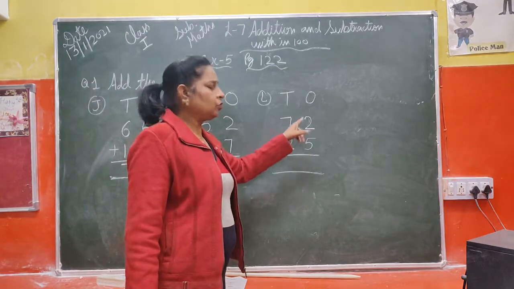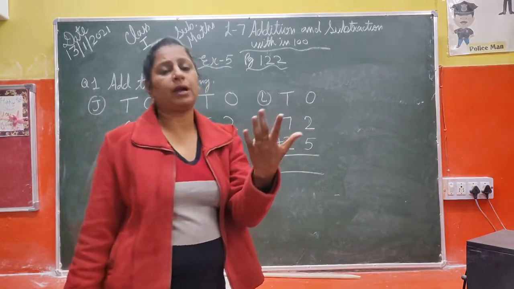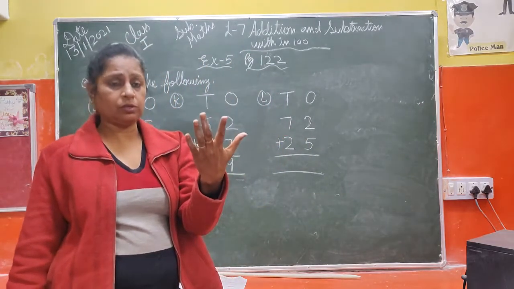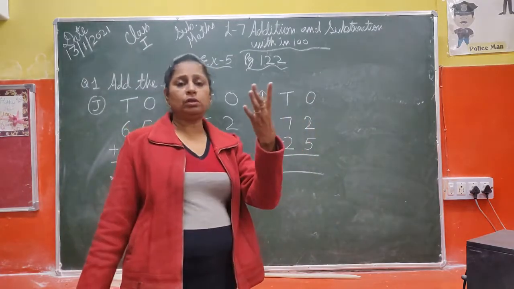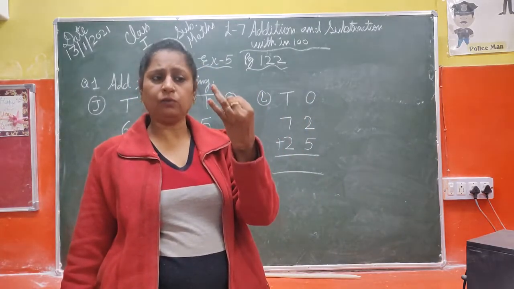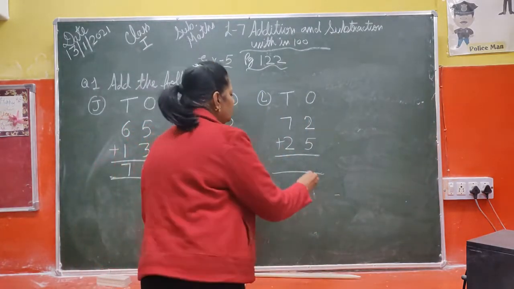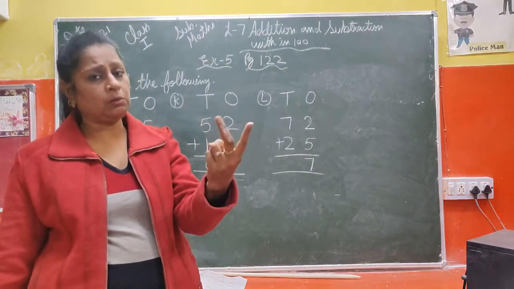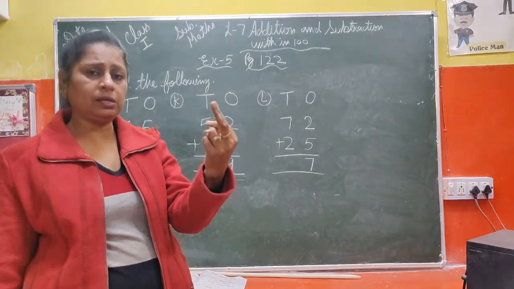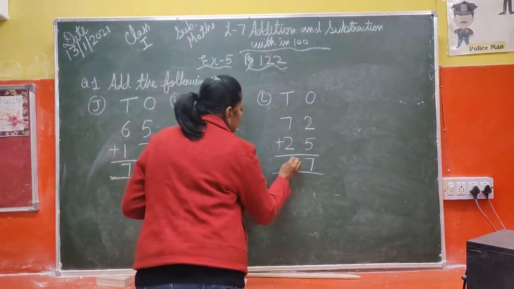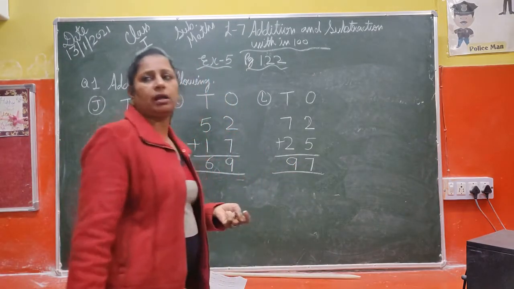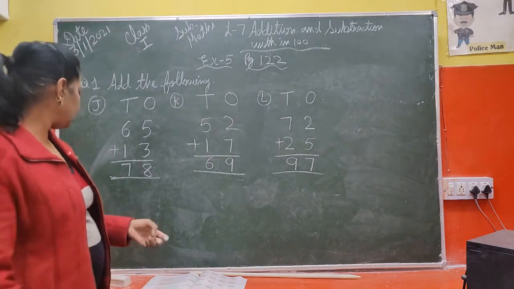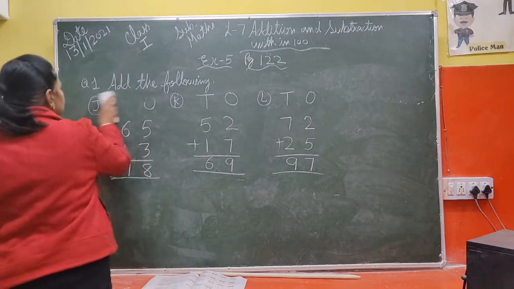2 and 5. So 2 in my mind and 5 in my finger. After 2, 3, 4, 5, 6, 7. So right here 7. 7 in my mind and 2 in my finger. After 7, 8, 9. So answer is 9, 7, 97. Okay. Now next is